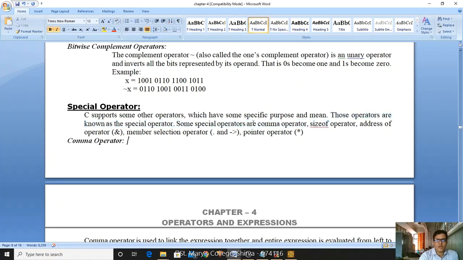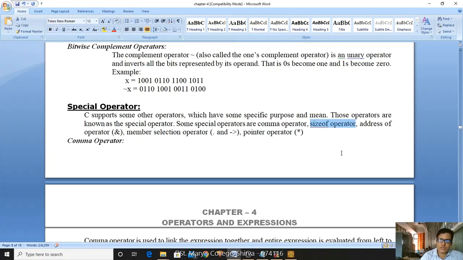In C we have the comma operator as a special operator. While declaring multiple variables in a single line, you use the comma operator. Another one is the sizeof operator.